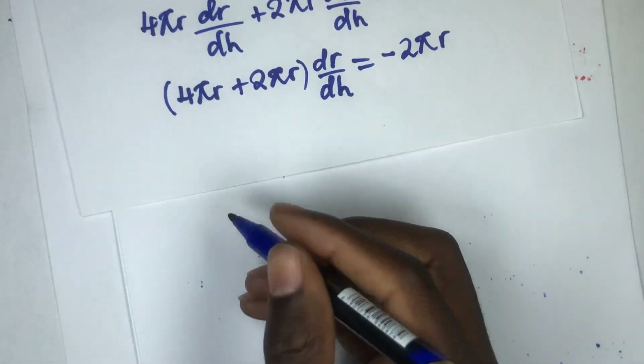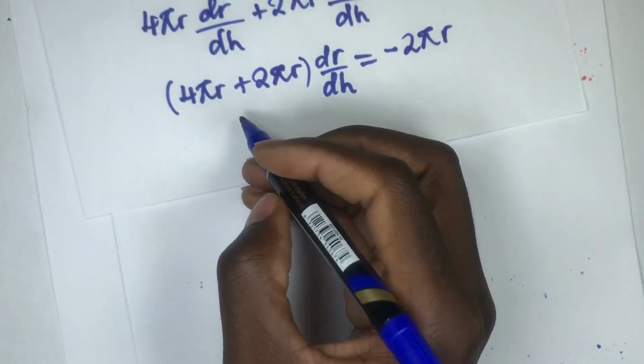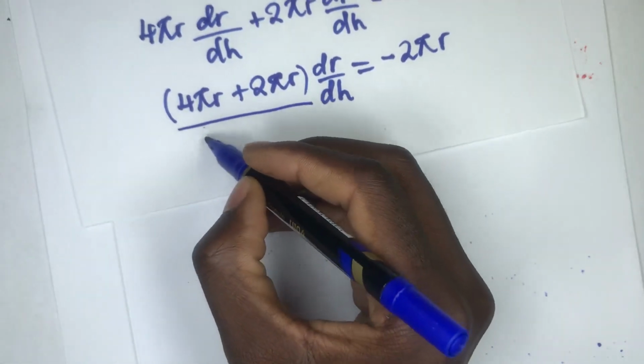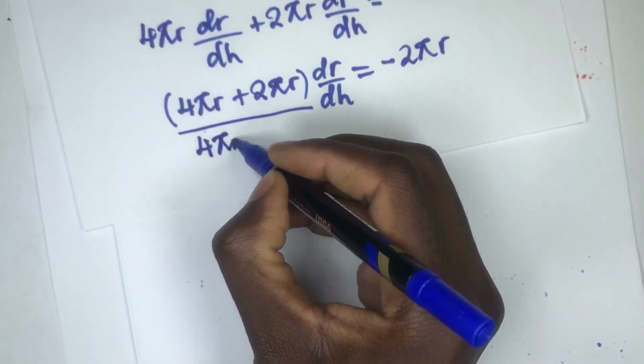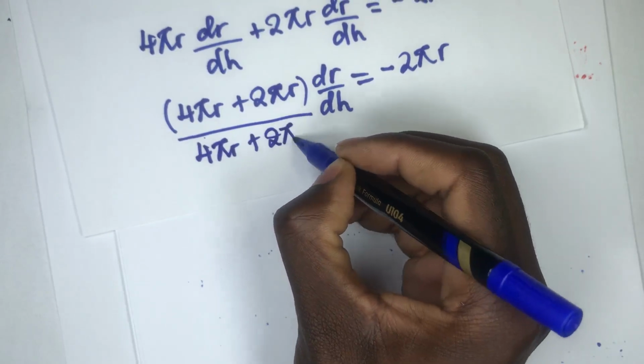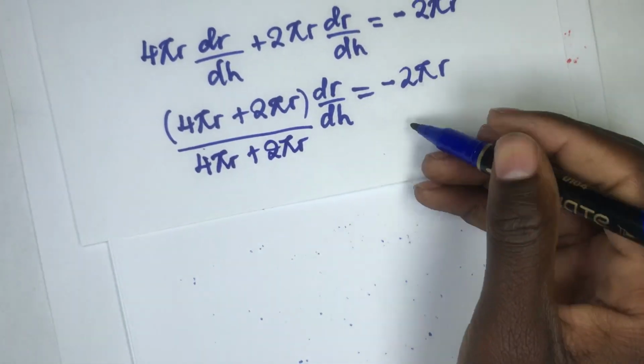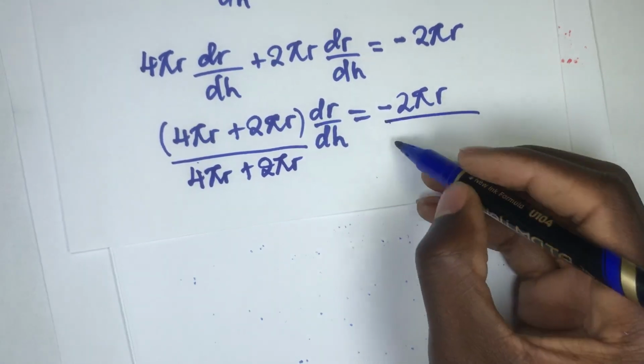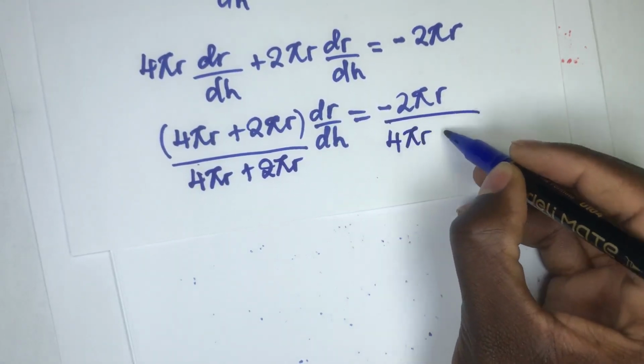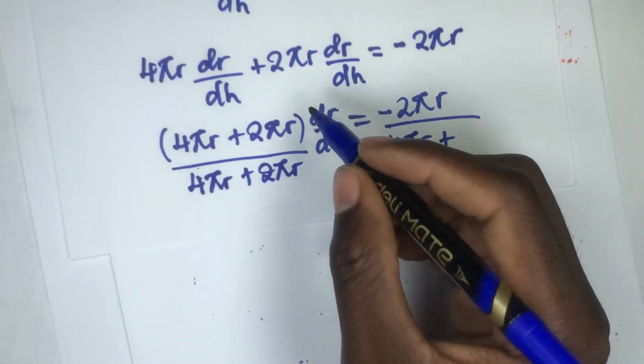So now what we do there is we're going to divide both sides by this. So if you divide both sides by 4 pi r plus 2 pi r, we also divide this side by 4 pi r plus, oh sorry,